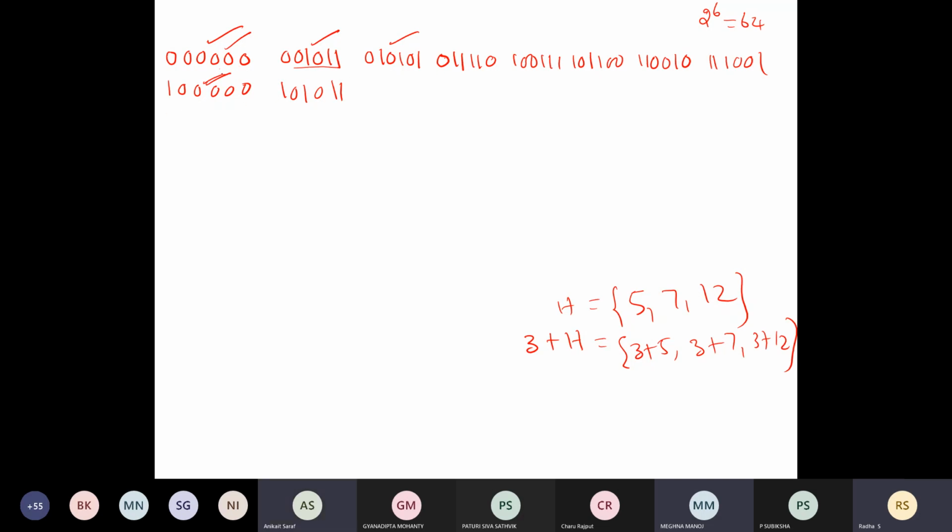First element, everything is 0, so I wrote it as such. Second element, I'm adding this with this, I got this. Can you please add? There is a change only in the first position. Here also there is a change in the first position if you add this and this.